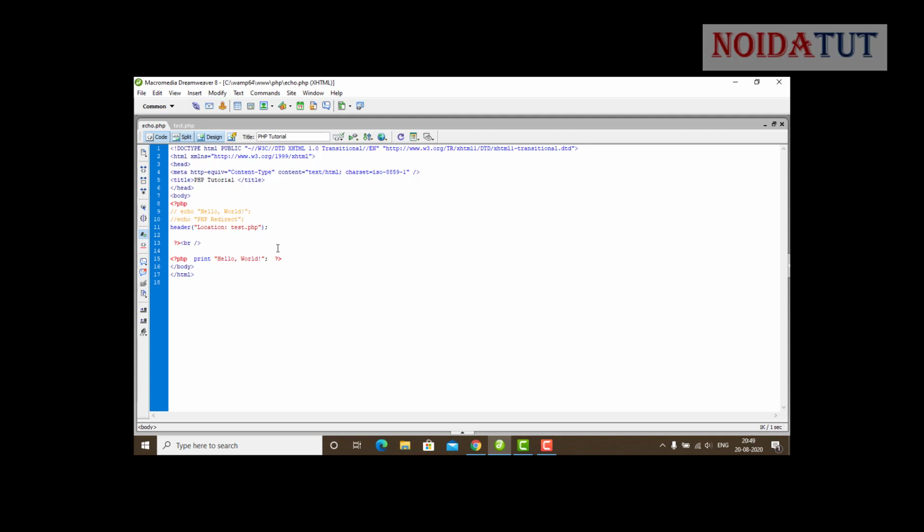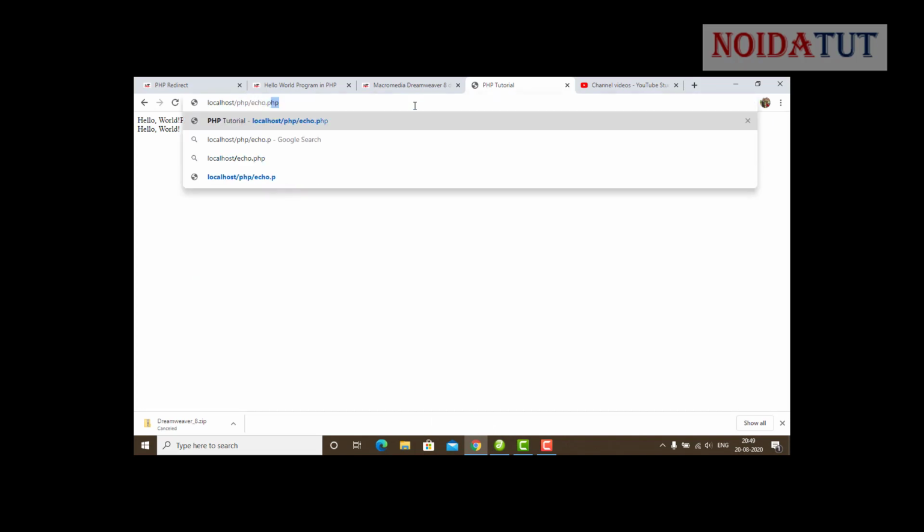Now again, this is not going to create a problem because we are not displaying anything before the redirection. Now let us have a look. It got redirected to the next page.